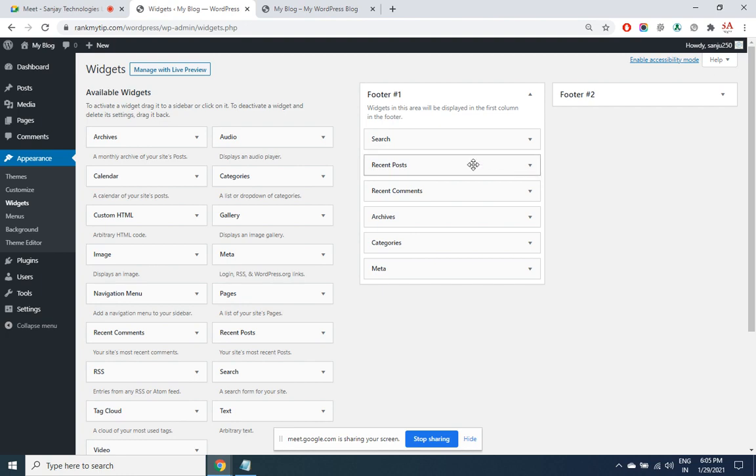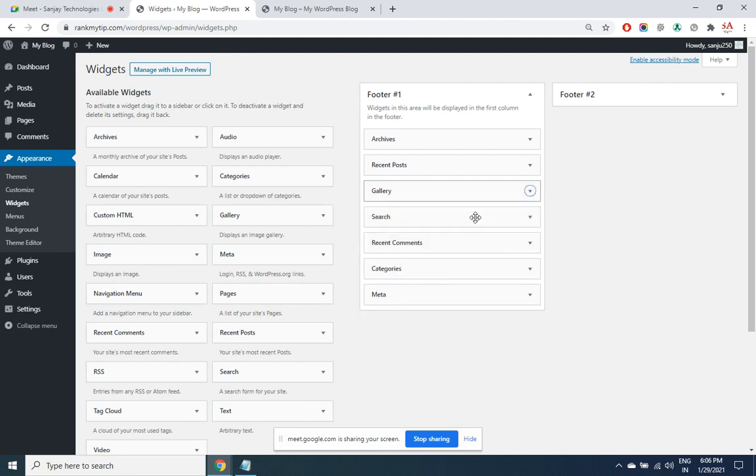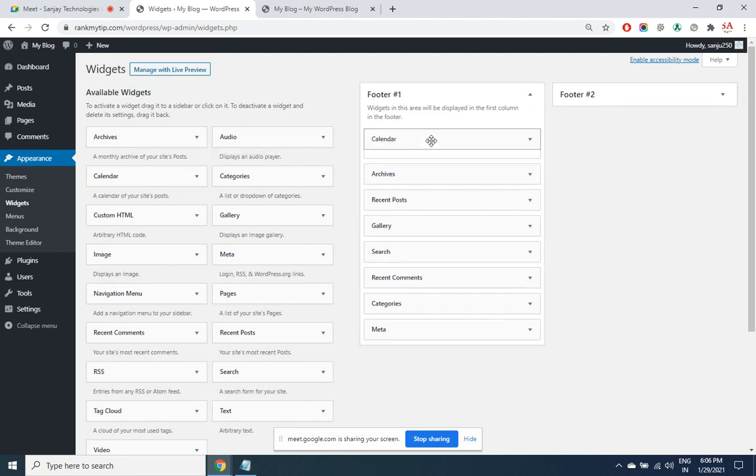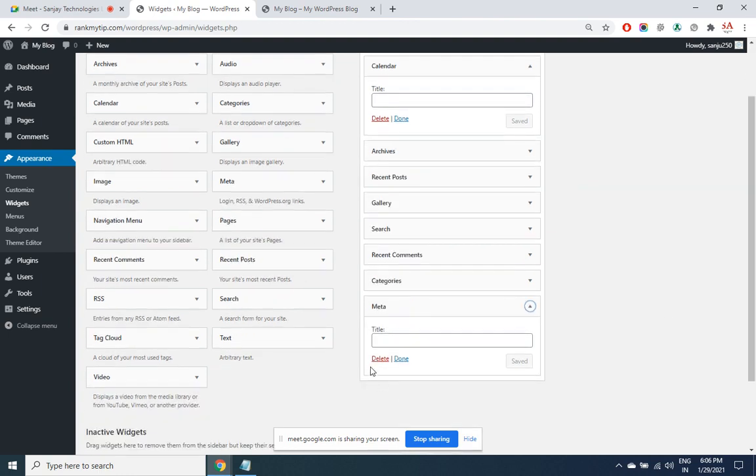You can again shuffle it, same like how you have worked with the menu. You can add more items here. You can add the pictures if you want to show gallery. You may want to show calendar. Anything you don't want, open it up, click on delete.